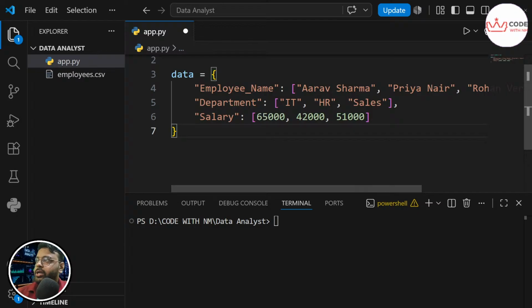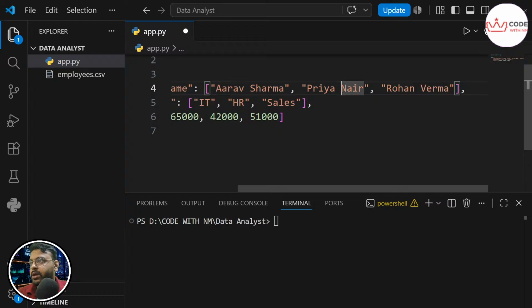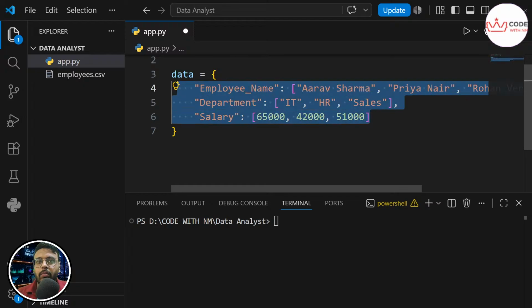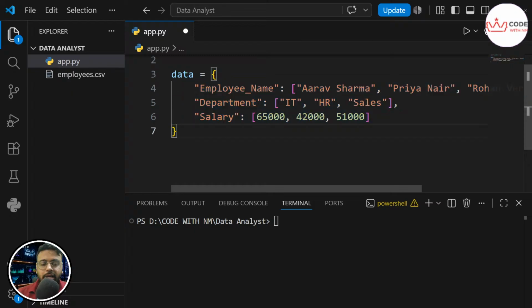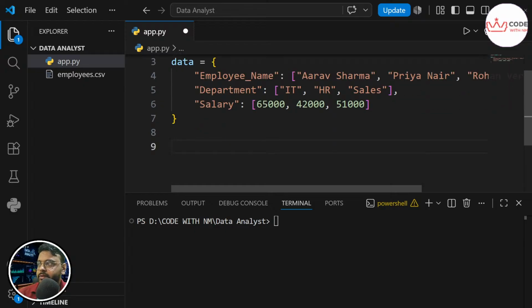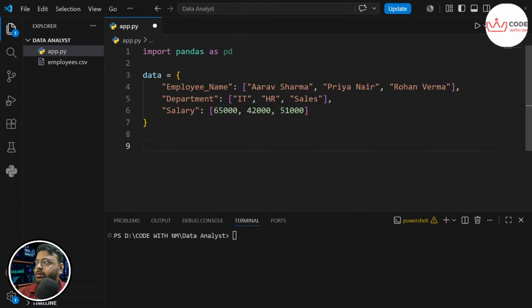So in employee name, I have Arav Sharma, Priya Nair, Rohan Verma, and they are with their departments respectively. Arav with IT, Priya with HR, and Rohan with sales, and with their salaries. So this is multiple rows and multiple columns. Now we will create our first data frame. How to do it?